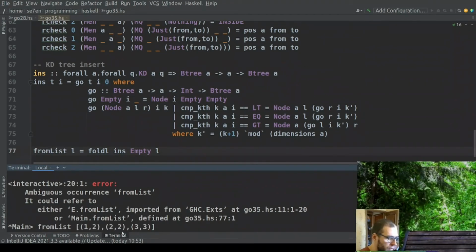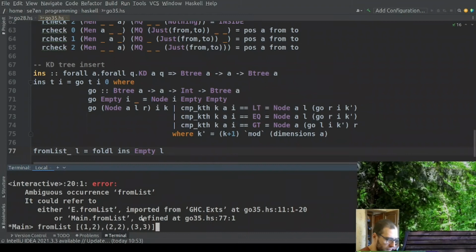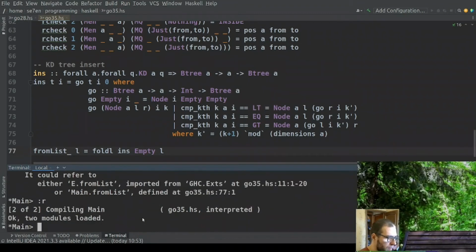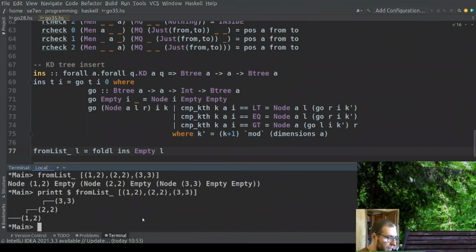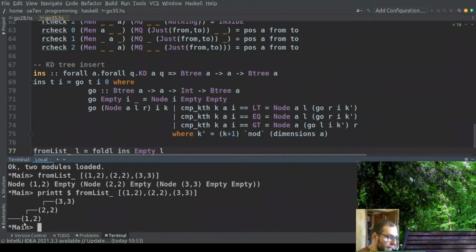So I need to, let's name this function like this. So you can see we have this tree, and let's print it. As you can see, it is not balanced, but here